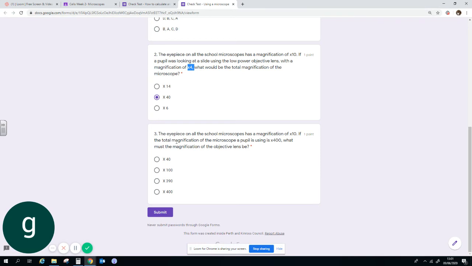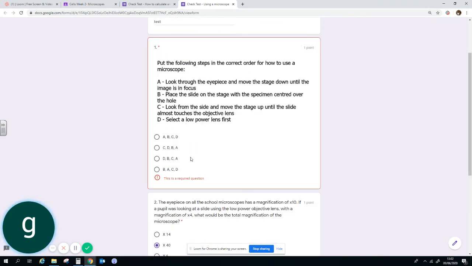Multiplying the magnification. So the eyepiece on the school microscopes has magnification 10 still. If the total magnification was 400, what was the objective lens? So if you want to do algebra, it's 10 multiplied by x equals 400, and you would rearrange to get 400 over 10 equals 40. But yeah, so you take the total magnification and you divide by the eyepiece magnification. If you do that, you would get 40. And again, if we submit it, we would get,